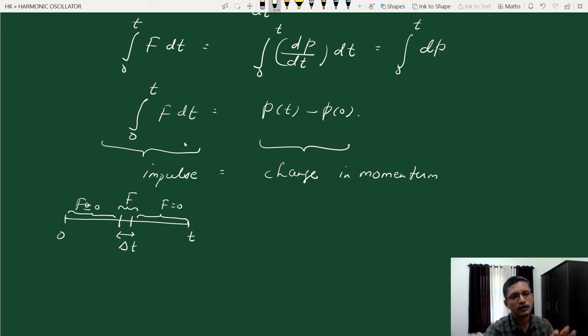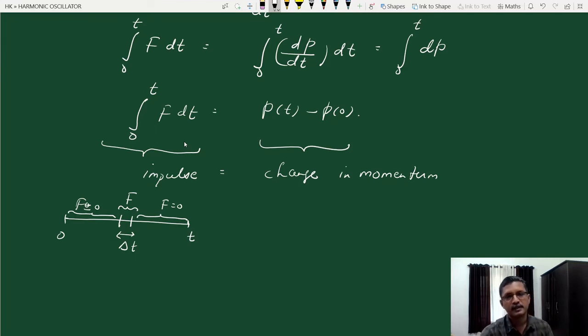So this is the usual definition that is given to impulse: a large force applied for a short period of time. But actually the left hand side you can have another way. A small force you can apply for a long period of time. Okay, so impulse in general is a time integral of force over a period of time, and that's equal to change in momentum.